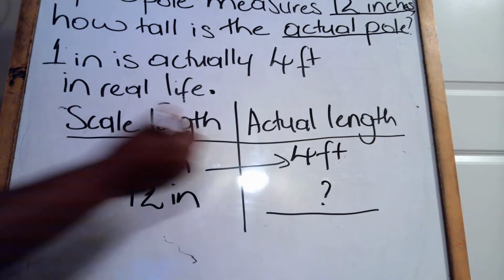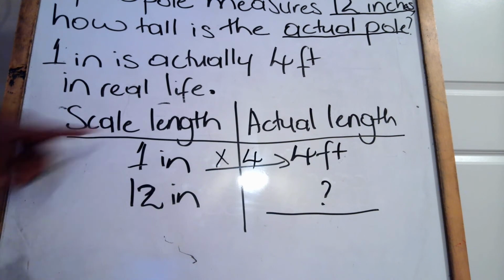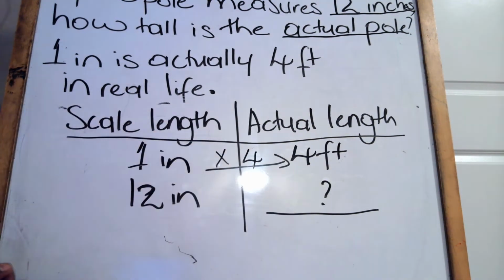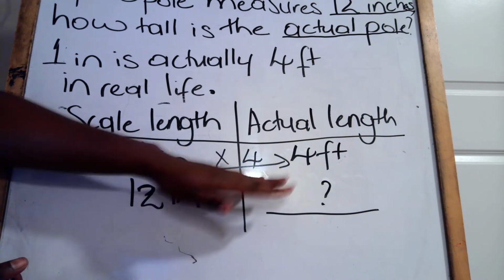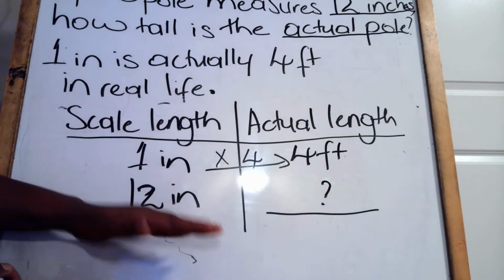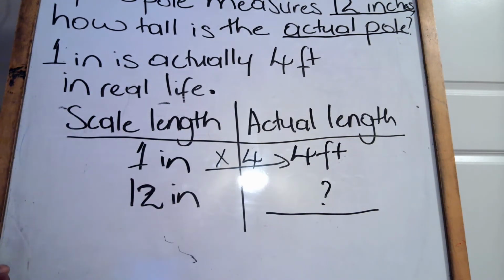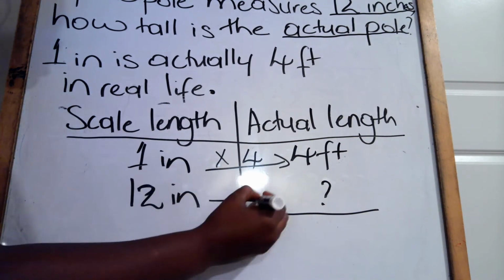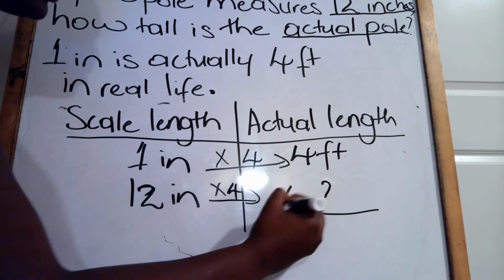I'd have to multiply by 4, because 1 times 4 will give me 4. Anything that I multiply here by to get the actual, I would have to multiply this here by to get what is the actual when it is 12 inches. So if I multiply 12 by 4, I'm still getting the 48